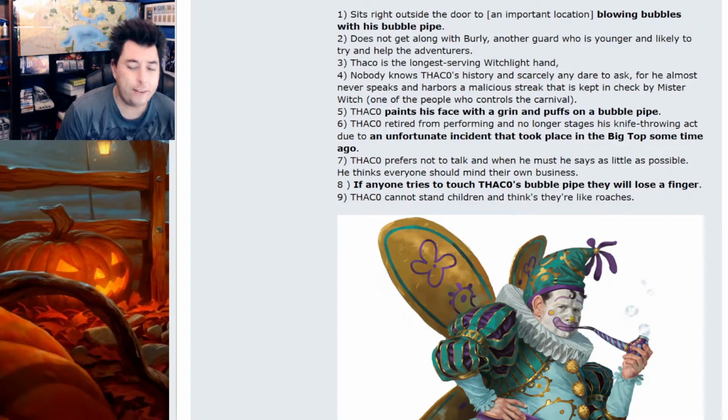That's pretty crazy. I don't know how you're going to lose a finger. I don't know where that comes across. And Thac0 cannot stand children. He thinks they're like roaches. Now,